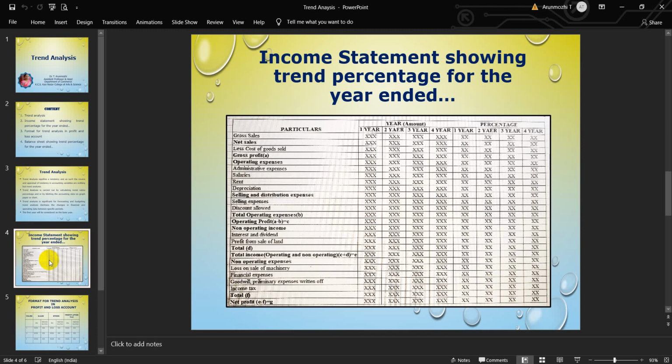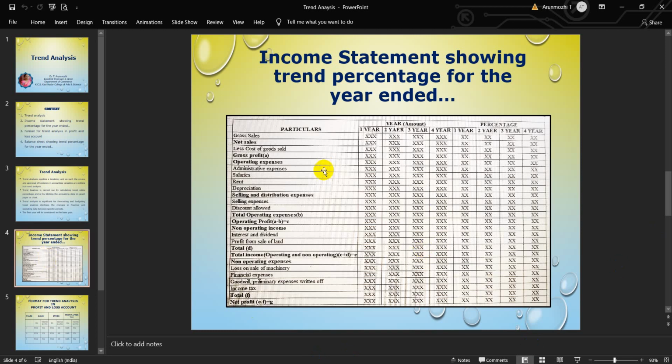Like comparative financial statements, trend analysis is also a horizontal type of analysis of financial statements. Under this technique, the profit and loss account and balance sheet of an accounting year are taken as the base. The base year may be the earliest year or any intervening year. Normally, the earliest year is reckoned as the base year. Every time, in the base year, the financial statement is taken as equivalent to 100. All the corresponding figures in the financial statements over the years are expressed as a percentage of their value in the base year's financial statement.